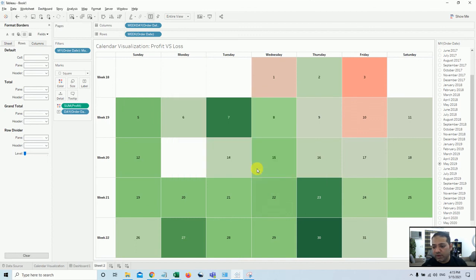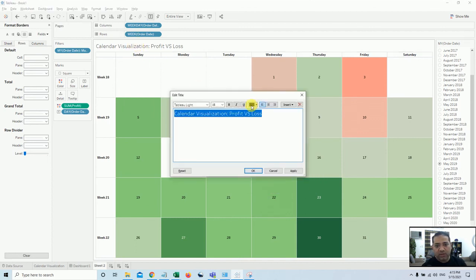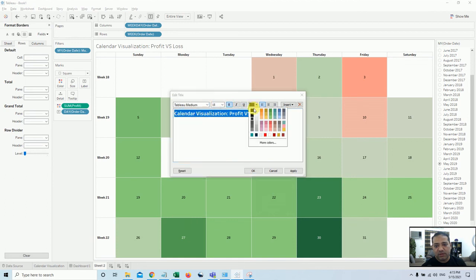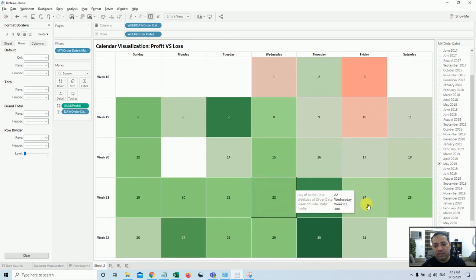It's up to you whatever name you want to give, and you just double click one more time and make it bold, give a specific style, color, and that's all.